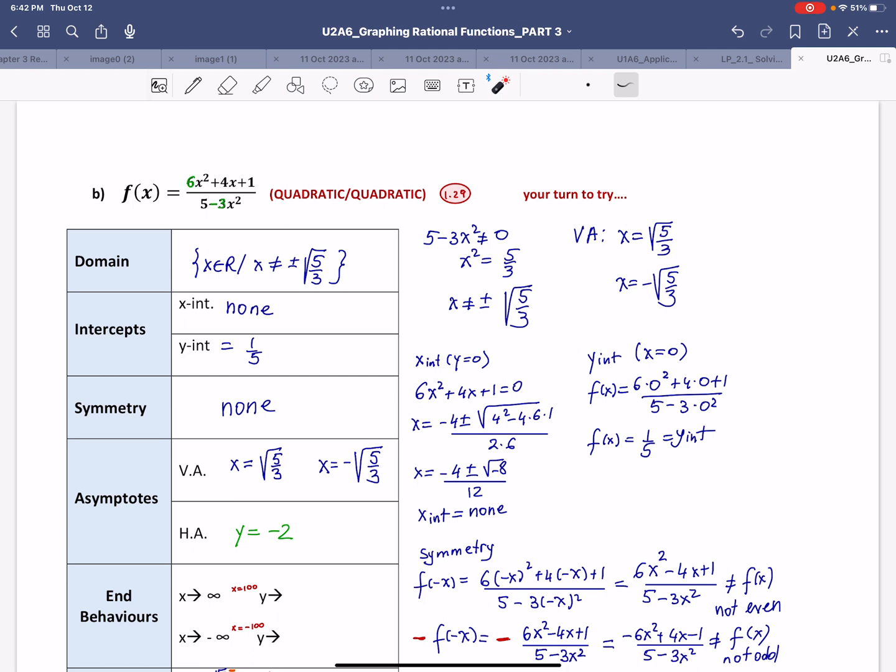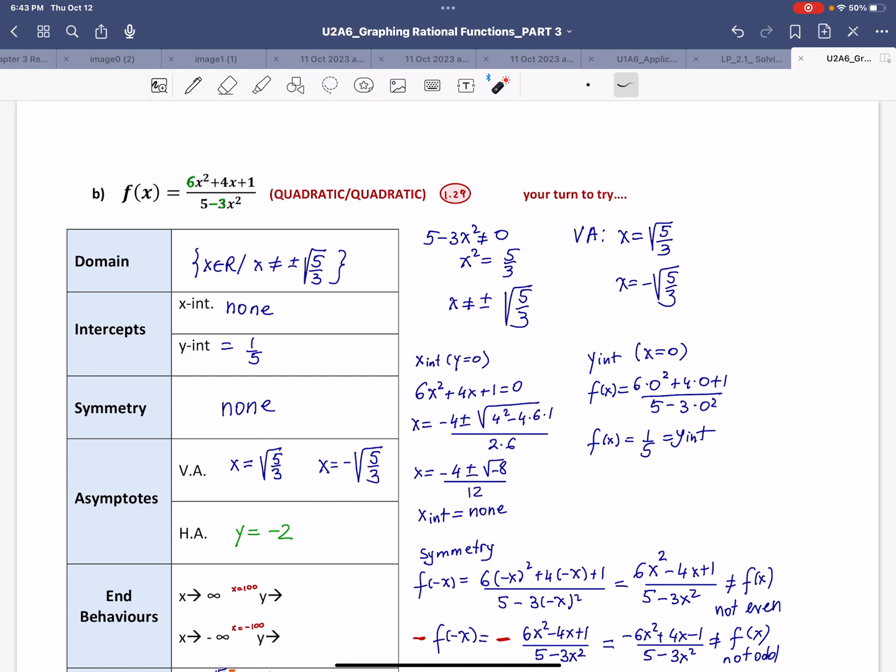And again, another reminder: whenever you perform this division in the calculator, which you can do in one step, be sure that you keep the numerator in brackets, then divide, and then the denominator in brackets as well. And perform these calculations more than once just to double check that you got the right number, because it's very easy to make a mistake there. So open brackets, 6 times 100 to the power of 2, plus 4 times 100, plus 1, divided by, open brackets again, 5 minus 3 times 100 to the power of 2,